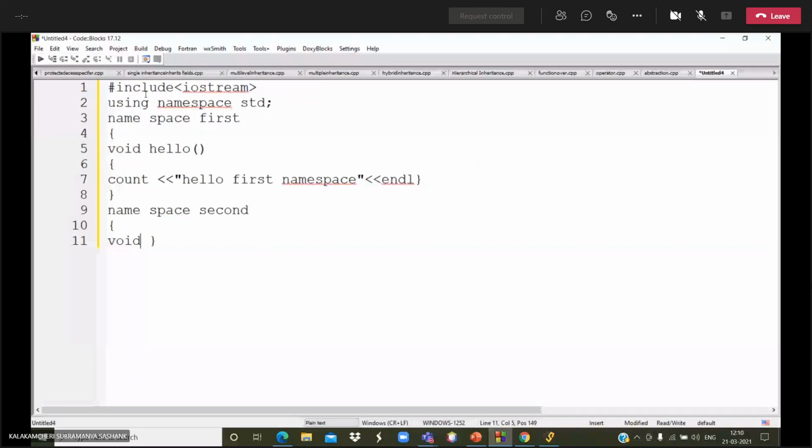See, I am printing the same line, second namespace.